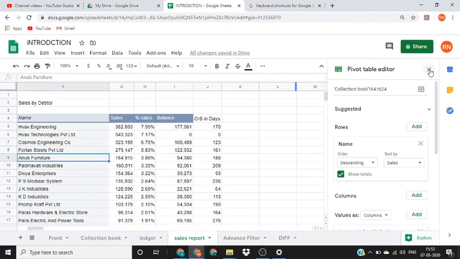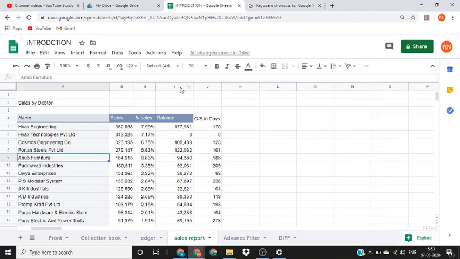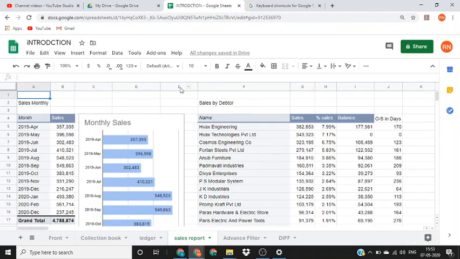In our next cell, we have calculated closing balance. So here you can see the balance of all the customers at one glance instead of selecting each in a ledger. And then in next column, I have calculated outstanding in number of days. This column will give you an idea the outstanding amount of a particular debtor is for how many days.